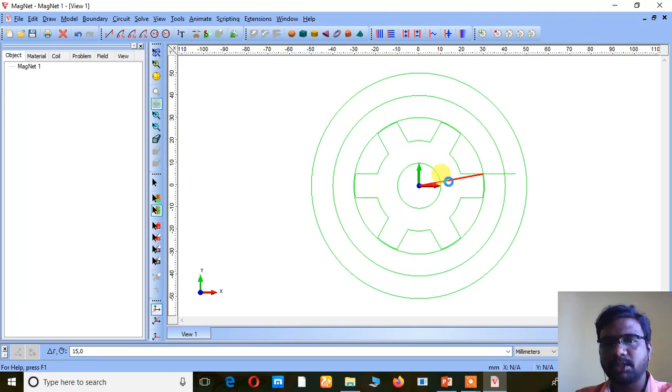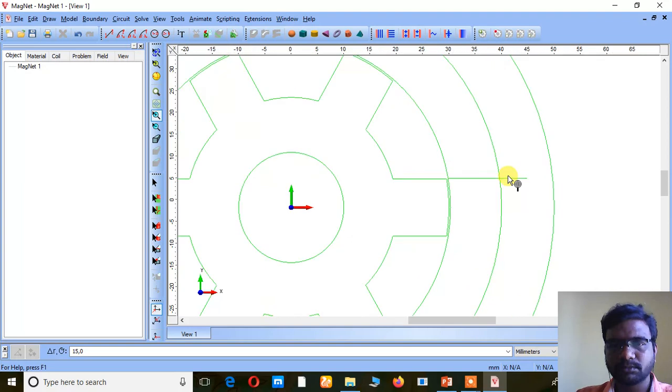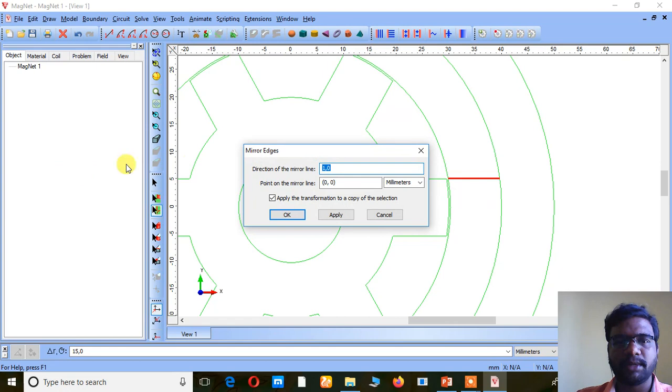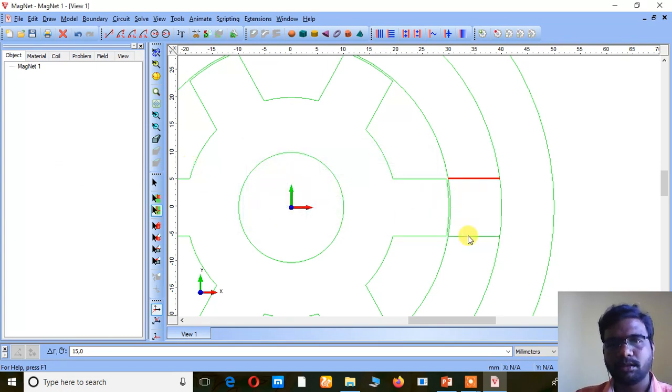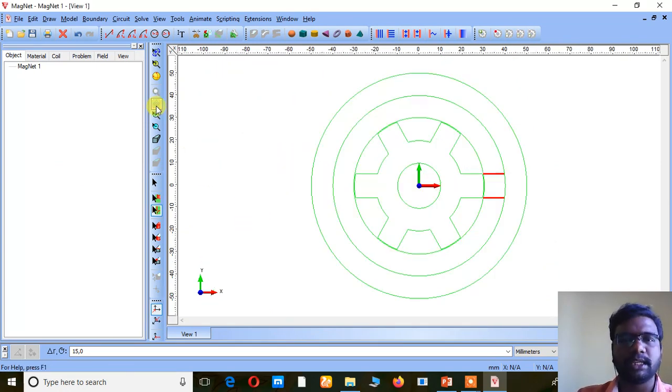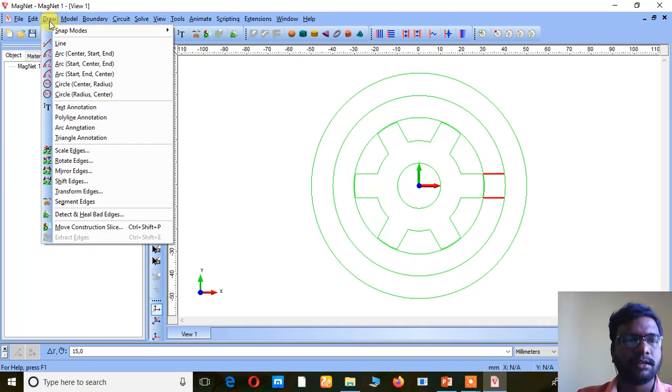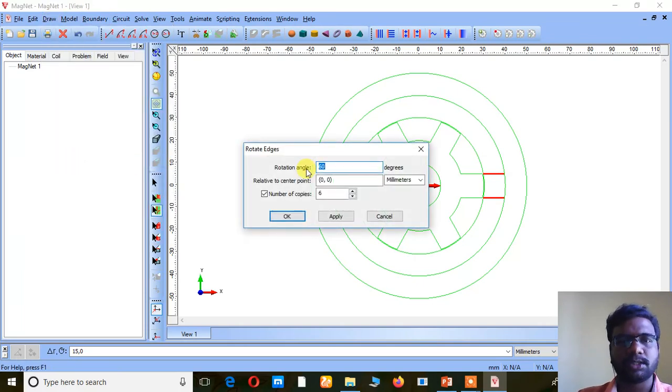I am going to delete this one. And I deleted that. Now I want to mirror this one. So mirroring. Now the thing here is I want to rotate it. Draw, rotate this one. So 360 by 8, I am going to choose as 8 stator poles.